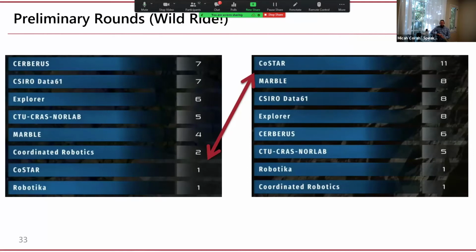Also, the competition was actually a much wilder ride. If you look back at the 2 preliminary runs, we managed to go from being tied for last place with 1 point to first with a 3-point lead. And that space in between those 2 days represents a huge effort by our team to fix bugs in our system and to adapt to an environment that did not quite fit our expectations.